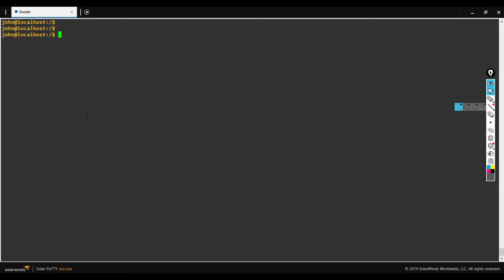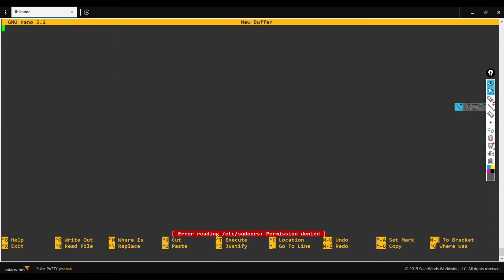Now I logged in as a non-root user. I am in the top level directory. Let me try to open the root user's home directory, which is nothing but the root directory. I don't have privilege now, so I am simply going to open that. It shows permission denied. This particular non-root user doesn't have the permission to access the super user's directory. As a non-root user, even I cannot make changes in the sudoers file. You can see the permission denied.